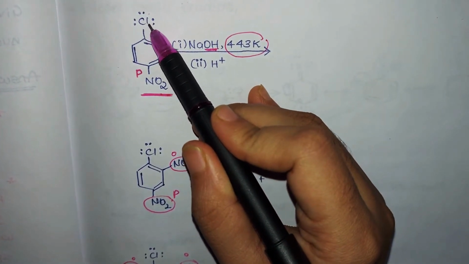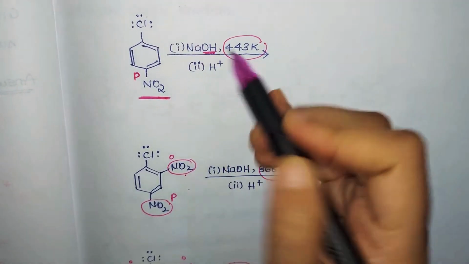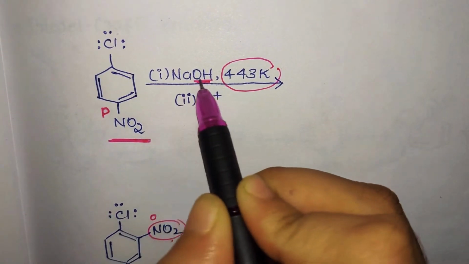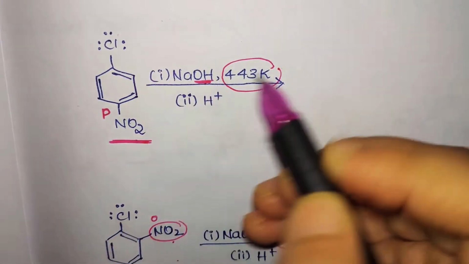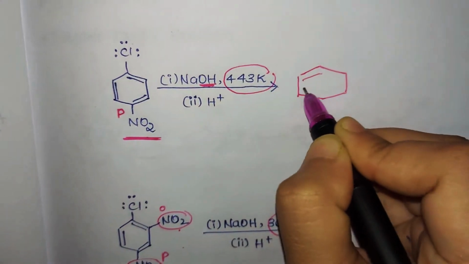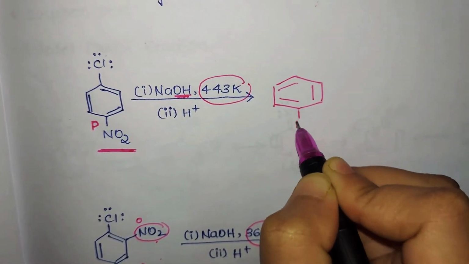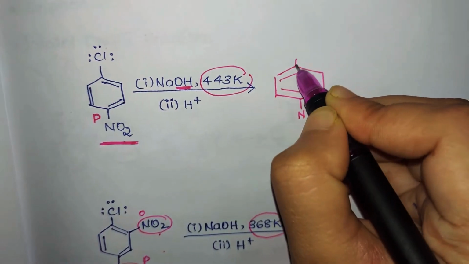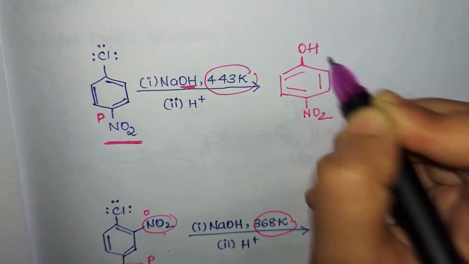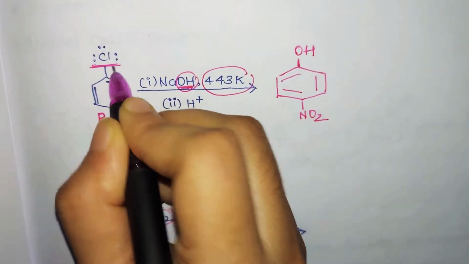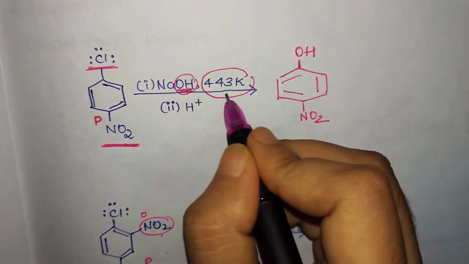So we'll see the first reaction here. In the first reaction, what are we studying here? Nucleophilic substitution reactions. Which nucleophile is present? OH is the nucleophile present. So we'll observe that Cl is substituted by OH. NO2 group just allows the nucleophilic substitution to become easier by withdrawing the electron. See, we are not balancing any equation, we are just showing the effect of electron withdrawing group.